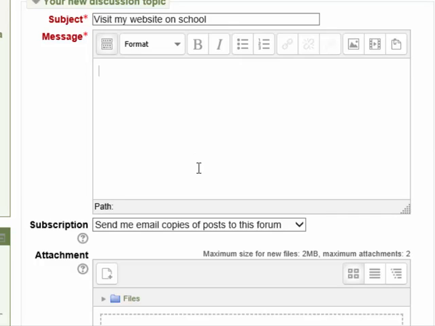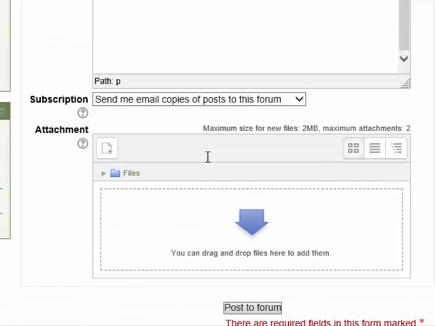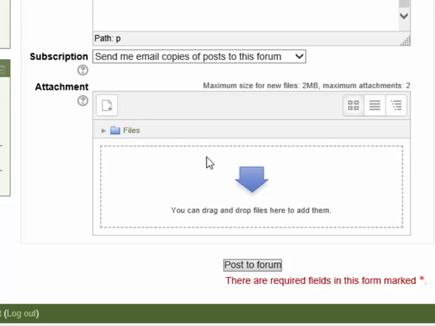Now, in the message area, you can type what you want others to read, and maybe you want to put in a link to a website or whatever is required in the assignment. You would do that here. And I'm scrolling down so you can see that often discussion areas allow you to post an attachment. So maybe you want to attach a document that you've used and written somewhere else, so you could use this